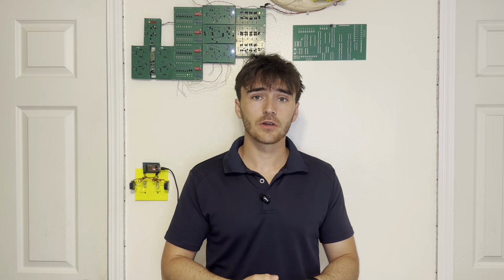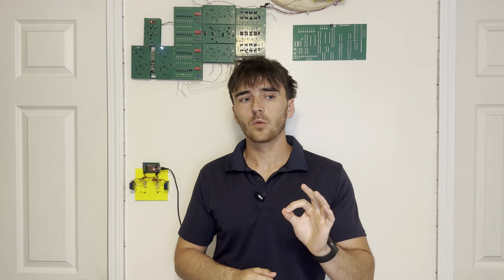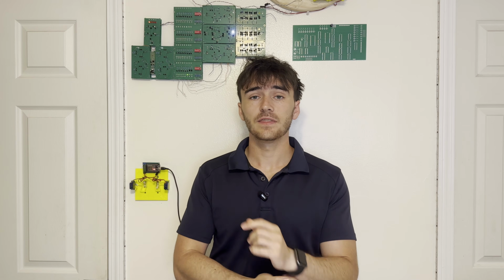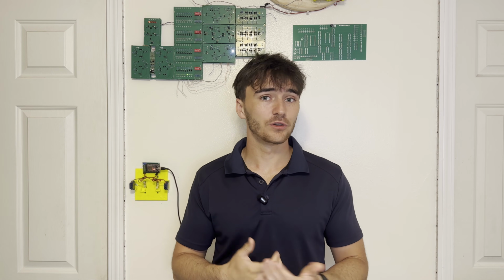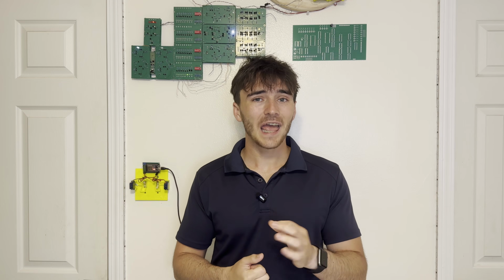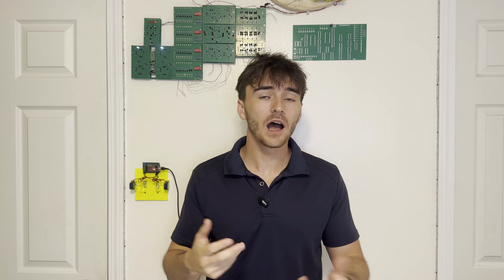So now we got to do the same thing with binary numbers. So we have these two binary numbers, 6 plus 7. We're going to add them together. We're going to get 0 plus 1 is 1. And then we go to the next column, which is 1 plus 1. So there's a problem right here, actually. And that's because binary can only show two states, which is 0 and 1. So if we add two numbers together and it goes over 1, aka if it's 2 or higher, we have